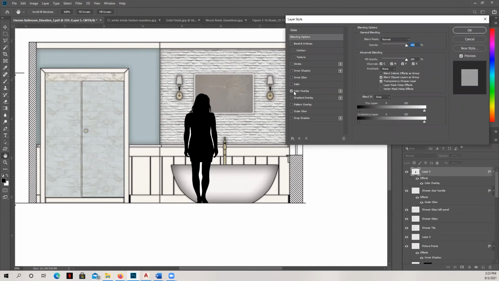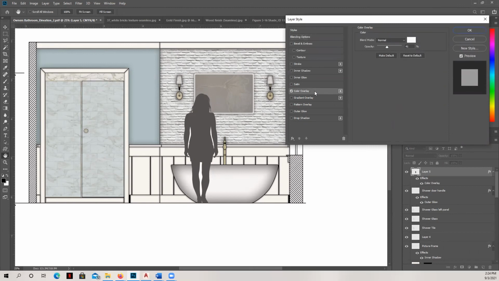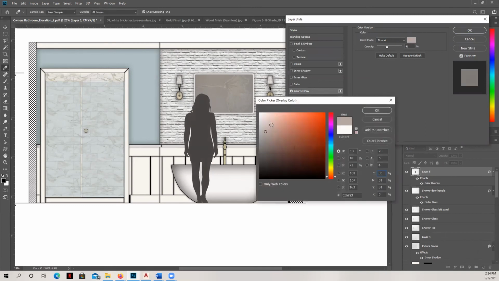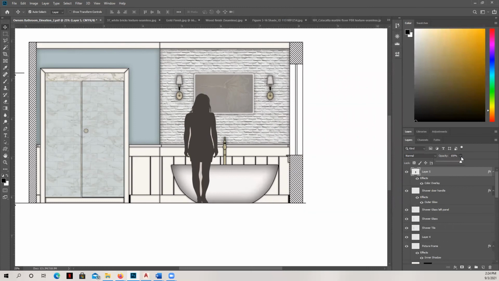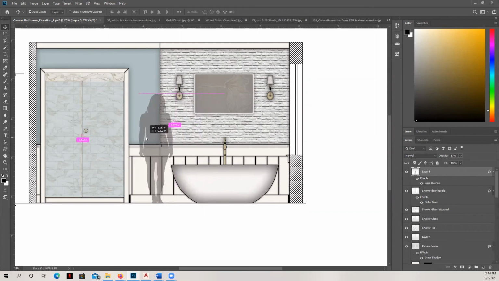We can also do a color overlay if we want to match her a little bit more towards her environment. You can see here the color has been set to this, but I can double click and make her whatever color I want. And you don't have to do this necessarily, but it can make it nice if you're doing a space like this where she's in a warm gray space, and maybe you want her a little bit more in a warm gray. And then once again, I can adjust her opacity just a little bit more. And I can move her over here, let's say.